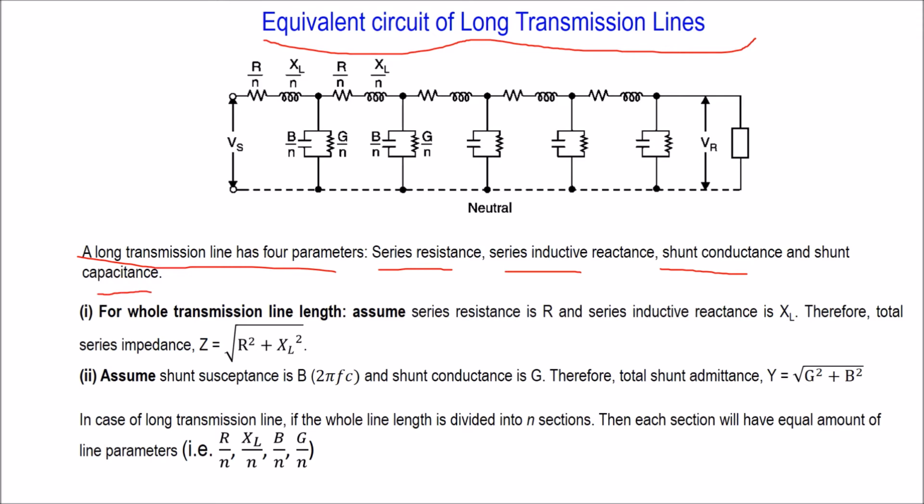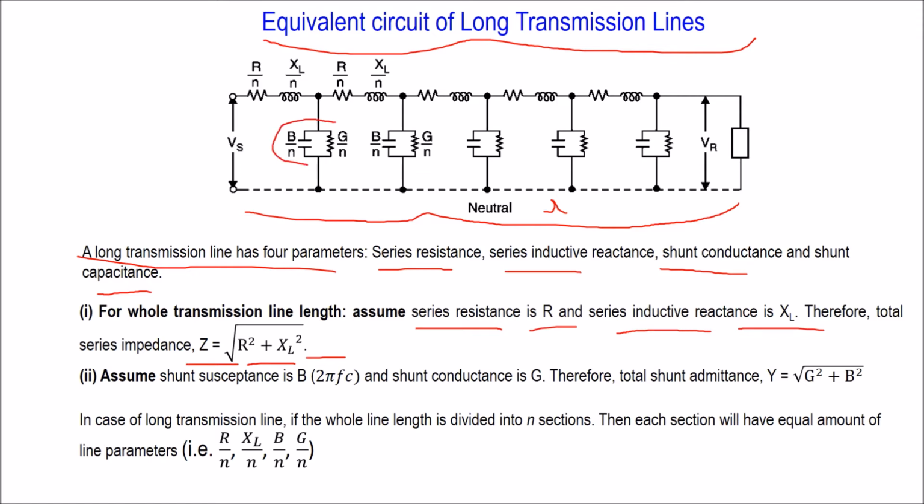Now, we assume the total length of this long transmission line is L and total series resistance is R, inductive reactance is XL. So what will be the total series impedance? It is Z equal to root over R square plus XL square, right? Also for shunt portion, we assume the total shunt susceptance is B and shunt conductance is G. Therefore, we get total shunt admittance for whole length is Y equal to root over G square plus B square,